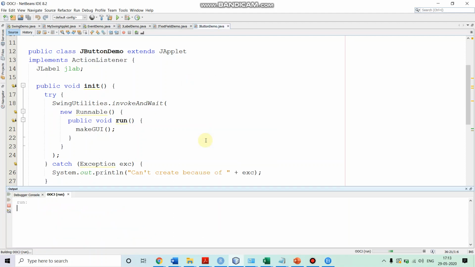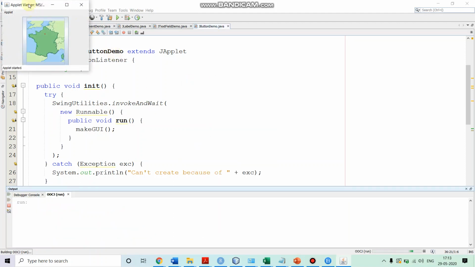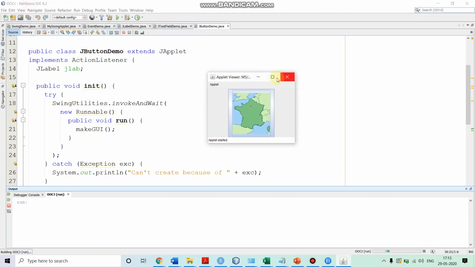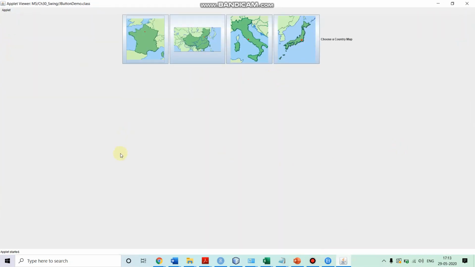So we are running the file over here. See, we have four buttons and one label which displays "Choose a country map". If I push a button, the action event will be generated, and we are handling that by displaying the text in the label to reflect which button has been pushed.